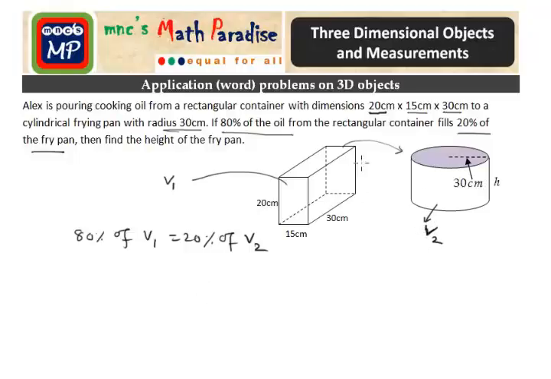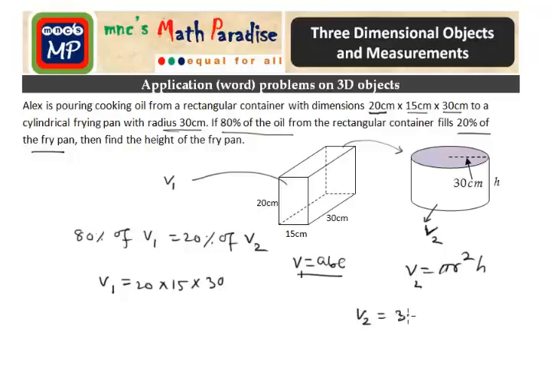So this volume is known because for a rectangular prism the volume relation is ABC, volume equals multiplication of these 3 dimensions. So V1 is the multiplication of these 3 dimensions, that is 20 times 15 times 30. And V2, the volume for this cylinder, the relation we know is pi r square h. So this volume V2 here will be pi, meaning 3.14, times r, which is given as 30, squared